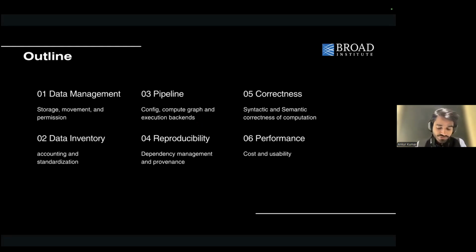It's something that's not often talked about, but in our pipeline, it's a very central piece to make it all work. It's essentially creating a list of all the files we have. We'll go through how this happens and why we're doing this, and how it can help in your workflows as well. The third is the pipeline itself, which is the configuration of the pipeline, the compute graph itself, taking all the functions you have in there,